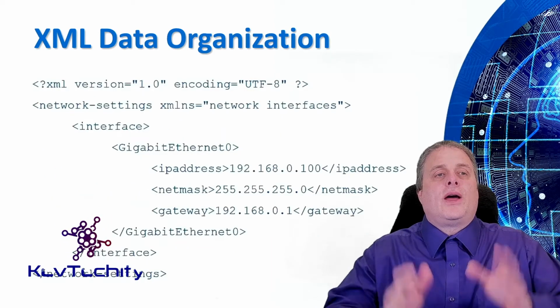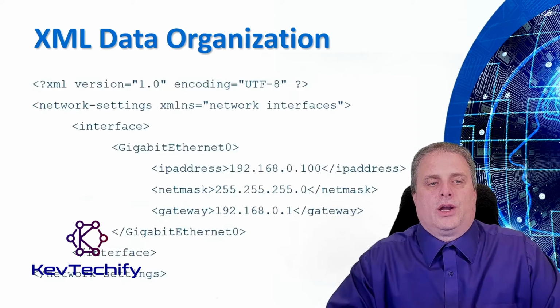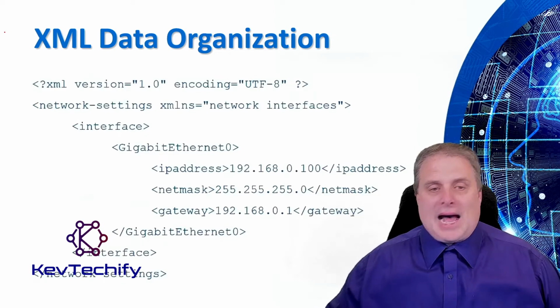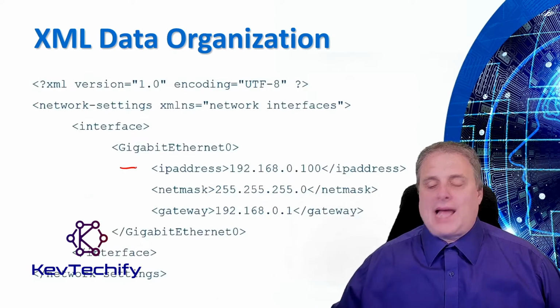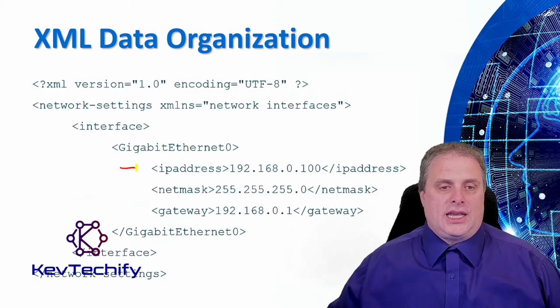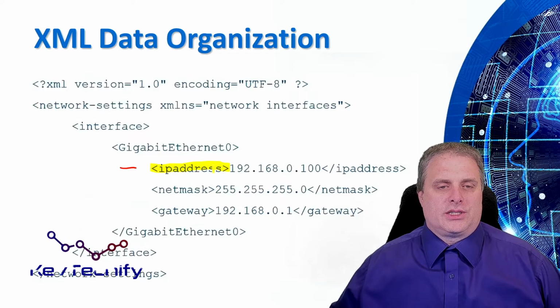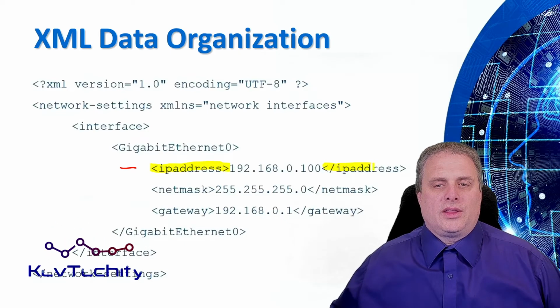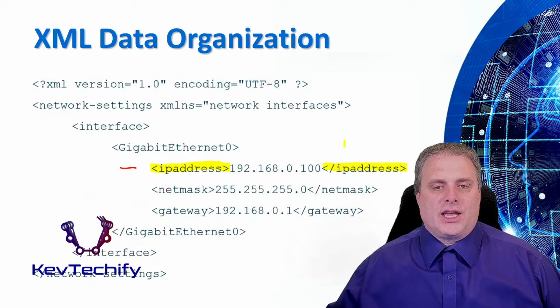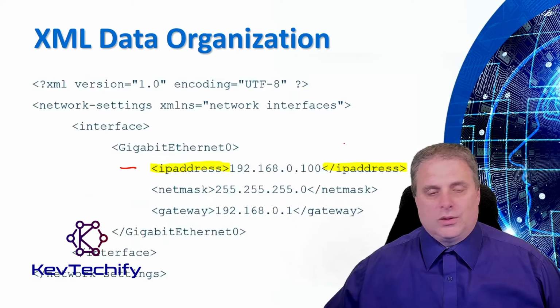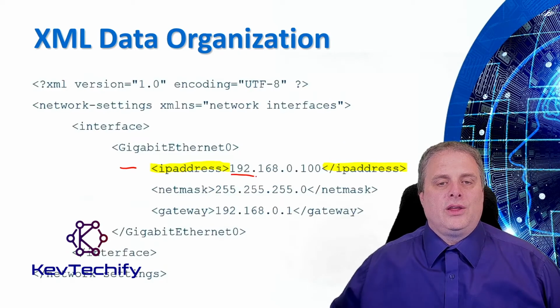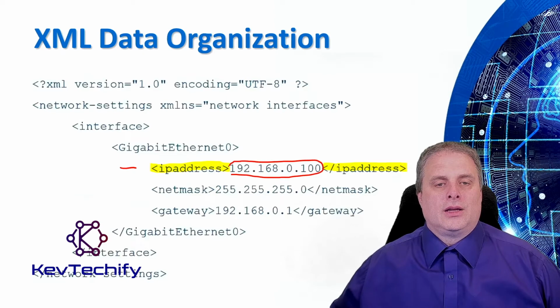Let's look at how XML data is organized. We have objects here. These objects have our keys. This key is for an IP address. Notice it's a starting one, and then it ends with the same key, but you put a slash there. In between those, we have the value of that key. So IP address, that's our key, and the value for that is